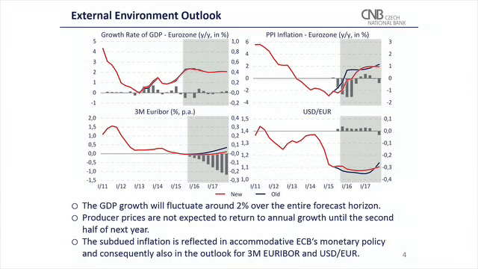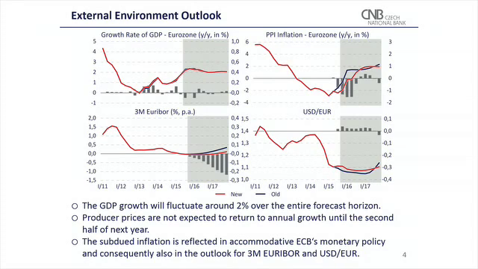The forecast assumes, based on the consensus forecast outlook, that the GDP growth in the effective trade-weighted euro area will fluctuate around 2% over the entire forecast horizon. So foreign economic developments will be relatively supportive of Czech economic growth. But at the same time, we'll continue to import some anti-inflationary pressures from the euro area in the next